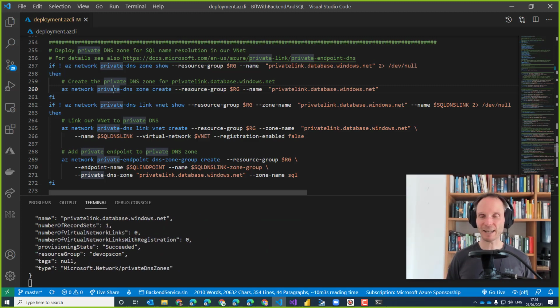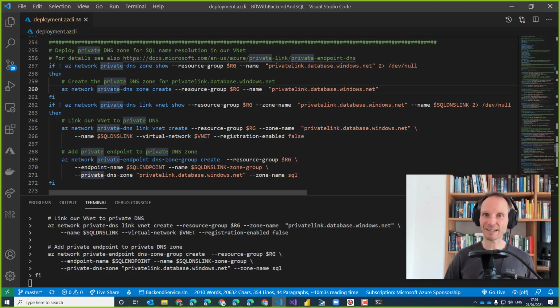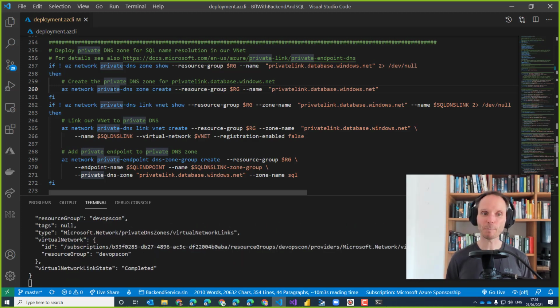So I need to apply some magic so that when somebody inside of my VNet accesses the SQL database, this somebody will not go through the public IP, but through the private IP. And if somebody outside of my VNet accesses the SQL database, this somebody should get the public IP address, both under the same name. So the DNS resolution for the name of the database should run differently depending on whether I am inside or outside of the VNet. And this magic, I always call it Harry Potter programming, a little bit of fairy dust, and it just works. This magic is provided by Azure DNS.